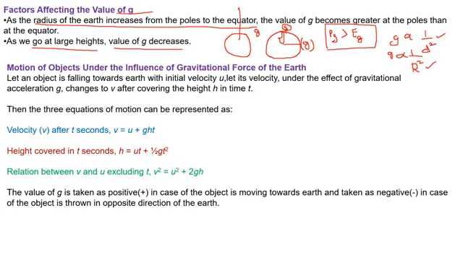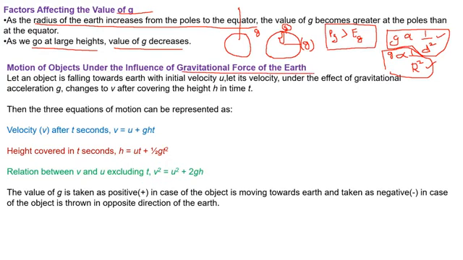It can be written in this manner and in this manner. This one is when the object is near the earth or on the surface of the earth, and this one is when the object is at a particular height. So these two formulas have different interpretations. We know that this small g value will differ as the distance increases. As the distance increases, the value of g will decrease, and if the distance is less, the value of g will be more. So then, coming to motion of an object under the influence of the gravitational force of the earth.